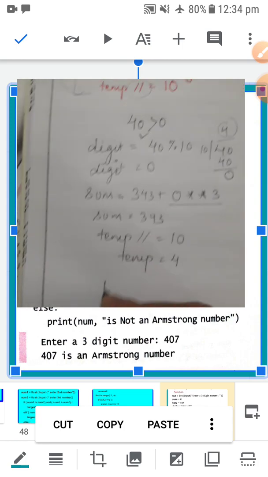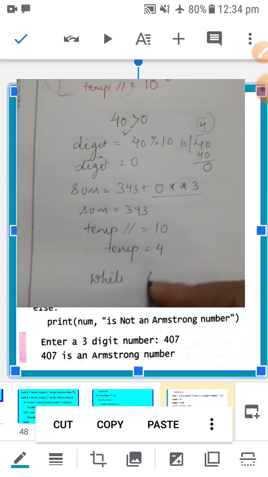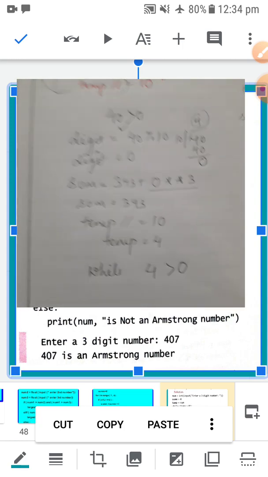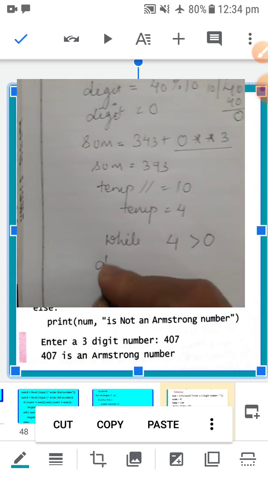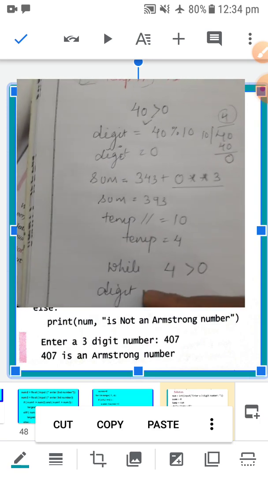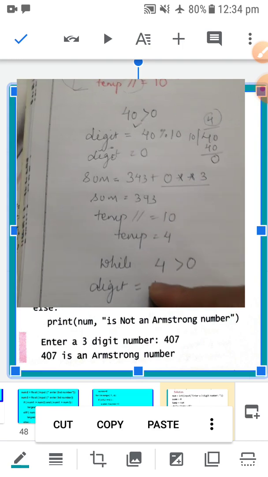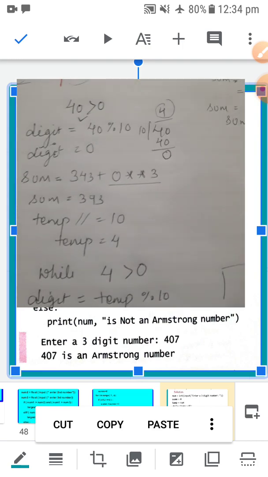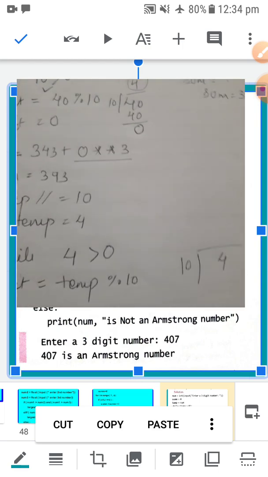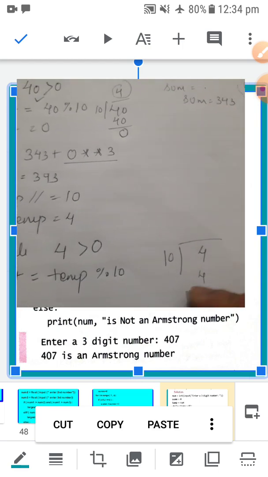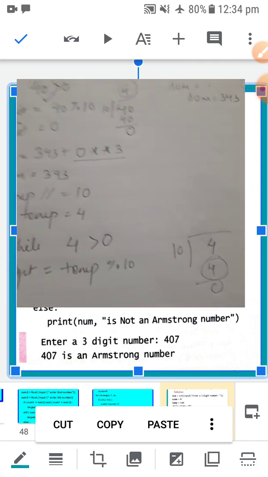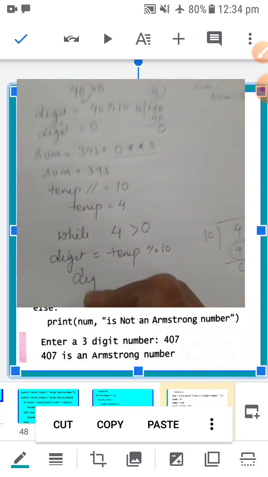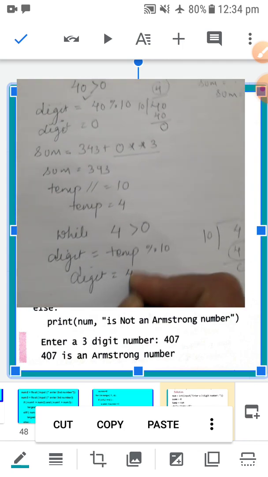Okay. Again the while loop starts, 4 is greater than 0. 4 is greater than 0. Again that particular statement runs. Digit is temp mod 10. So 4 mod 10, you will get 4 as the remainder because nothing is left to divide. So digit is 4.